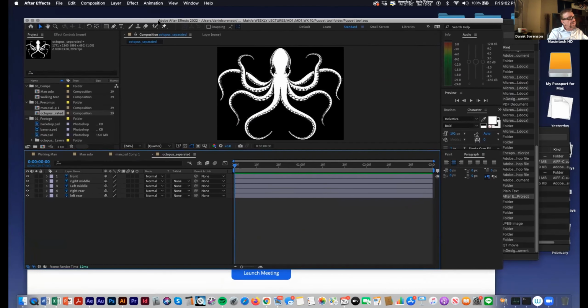Okay, so this is the puppet tool up here. We put all these pins in. There are now 5 different varieties: the puppet position pin tool, the starch pin tool, the bend, the advance, and the overlap. So let's take a look at the